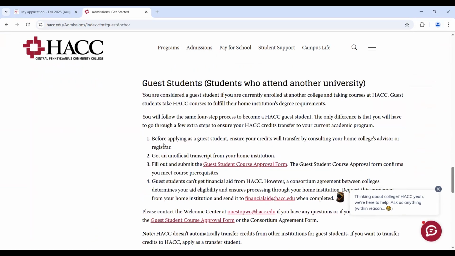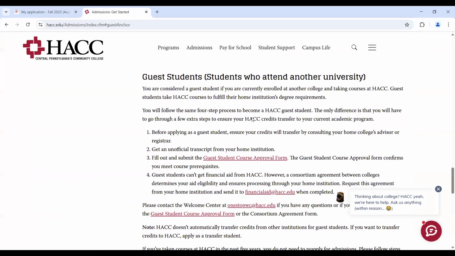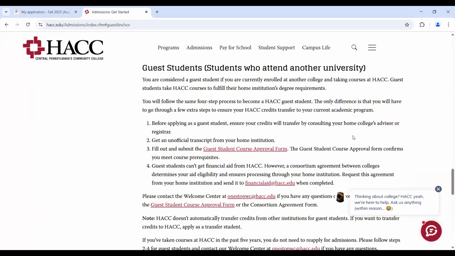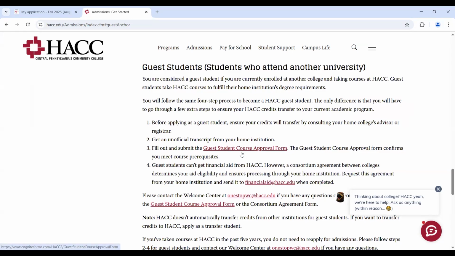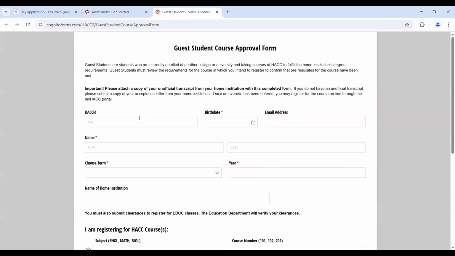So before you have applied, hopefully you have checked with your home college's advisor or registrar to make sure that the course you're taking is applicable to your academic path in your home institution. And after you submit your application, you will need an unofficial transcript. Now, after submitting your application, you will need to fill out the guest student course approval form. So we're going to open that up and take a look.